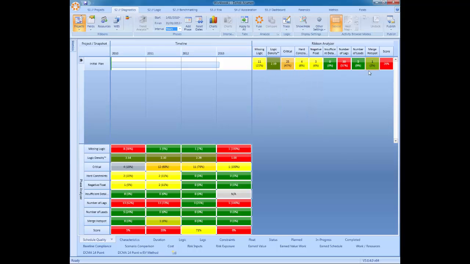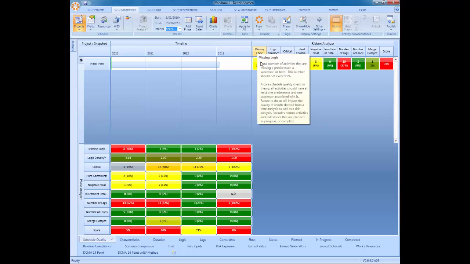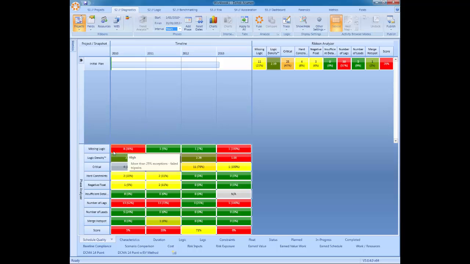So we're seeing that there are some problems. When it's red, obviously that's essentially bad. So we've got 30 activities with lag, 11 with missing logic, etc. If we want to look in more detail at, let's say, missing logic. So there's 11 in total throughout the entire project, but when we've divided it up into the years, we can see that missing logic, there's 8 in the first year, 2010, 1 in the second year, 1 in the third, 1 in the fourth. So if we were interested in these 8 initially, we could click on that 8, and